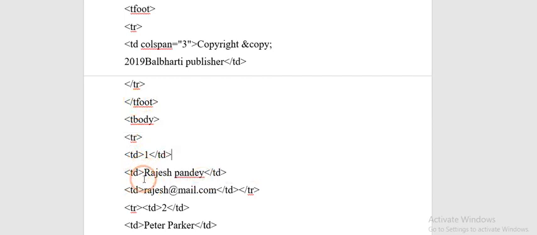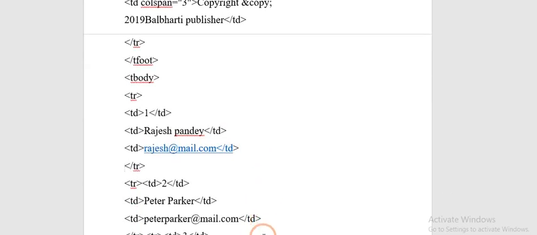Second column is of name, so your name is provided, you can see. And third is for the email. So in this way there are 3 records, and those records are given by using the td tag. So the td tag is used to assign the table data, and all the data is inserted in between td opening and closing, that is the paired tag of td. Once all the 3 entries of the second row are completed, then the tr tag which is open over here will get closed by using backslash tr.